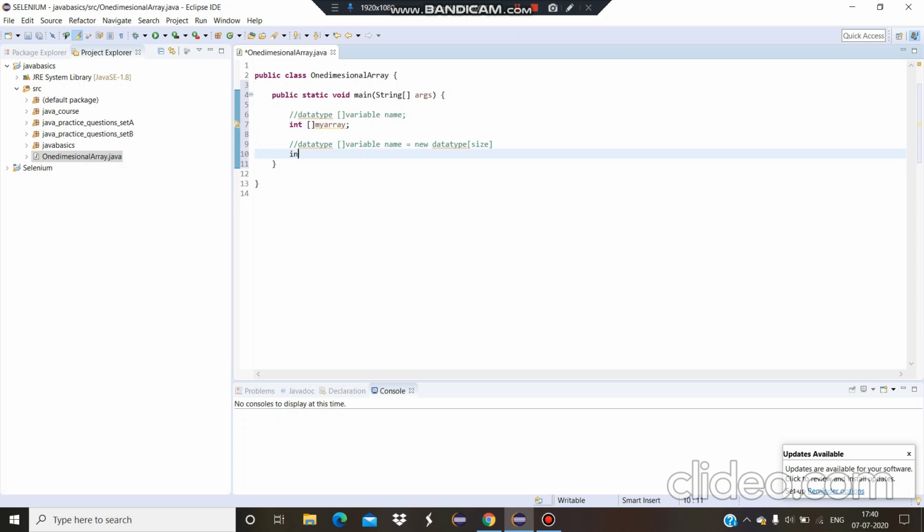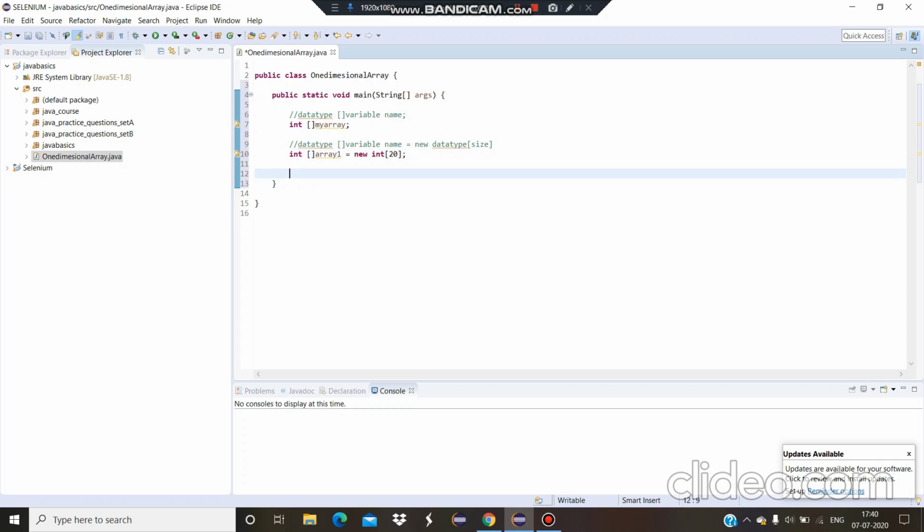So an example would be int array1 equals new int of size, I am using 20. So this is the first type of declaring and initializing an array in the same statement.